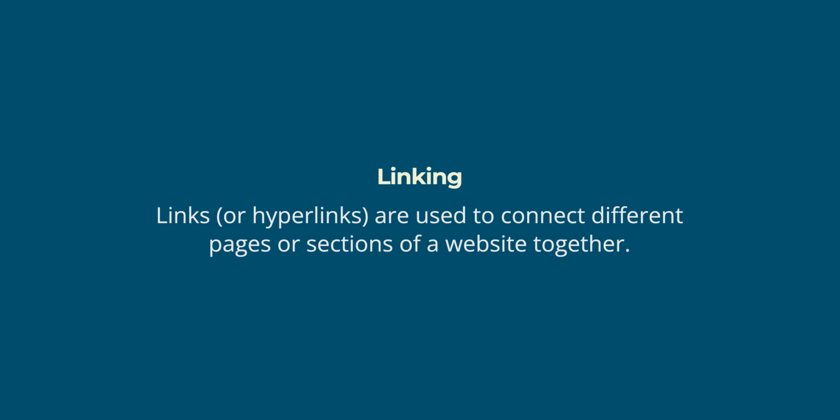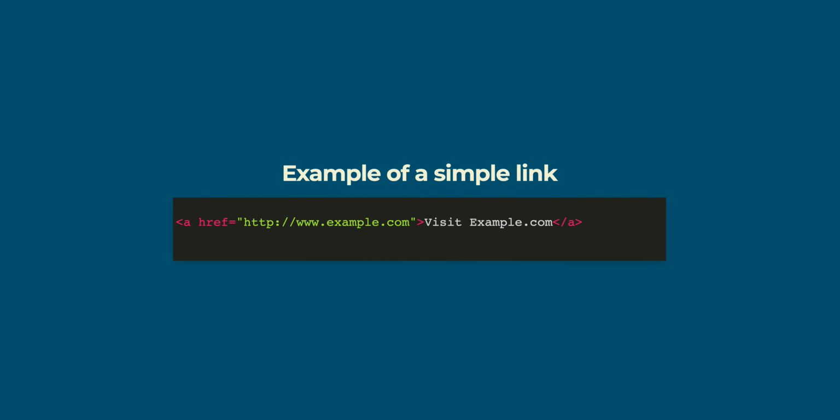In HTML, links or hyperlinks are used to connect different pages or sections of a website together. They are created using the anchor tag and the href attribute. The href attribute specifies the URL, that is, the uniform resource locator of the page or resource that you want to link to. Here is an example of a simple link. This will display the text "Visit example.com" as a link on the web page, which when clicked will redirect the